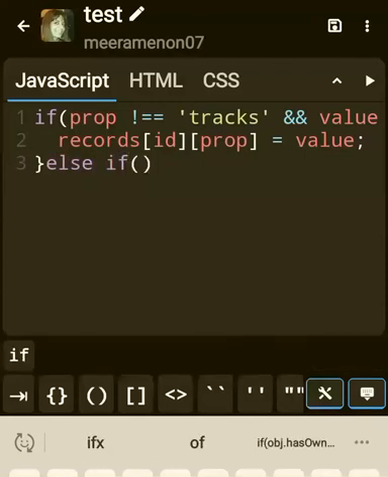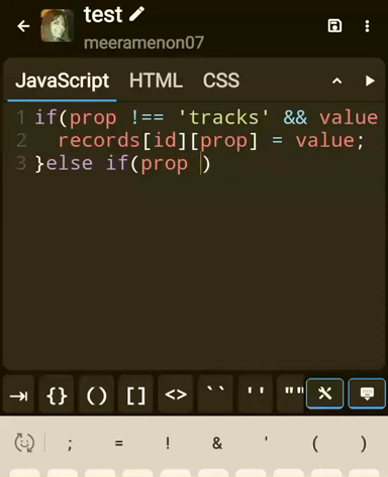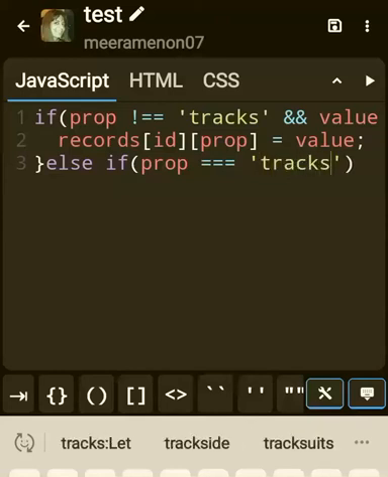So else if, because there are so many ifs and elses, we can use if, else if, because it's not just one. If one, then if and else. So else if, the second condition: if prop is tracks, so equal to tracks. If the property is tracks, it means that the album does not have a tracks property.